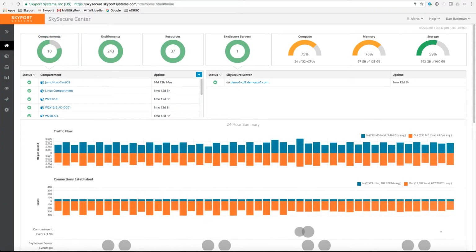When you first log into the SkySecure system, the first thing you notice is what you don't have to build. In fact, this portal that you see here is already pre-configured and up and running as soon as you're a Skyport customer. In fact, there's no software to install or maintain on premises. This is something that Skyport delivers as a cloud service. It's always available, highly redundant, and also always up to date. When you deploy your first hardware appliance, it immediately becomes available inside the service.